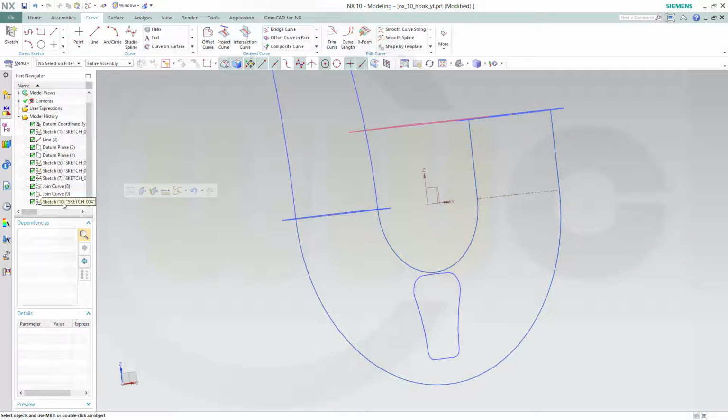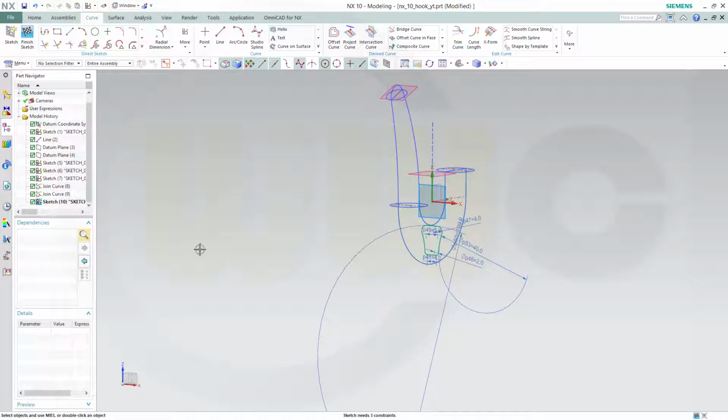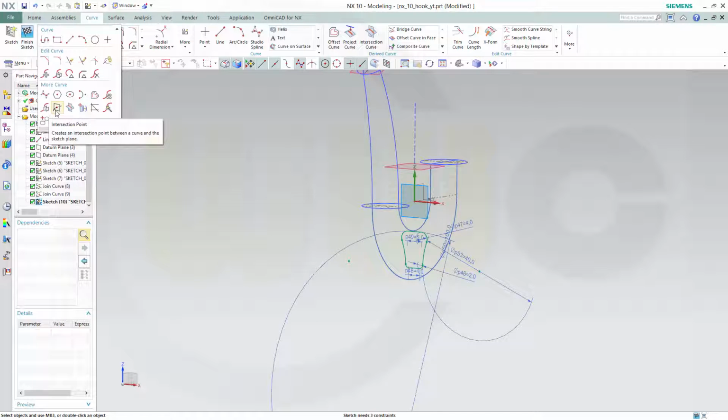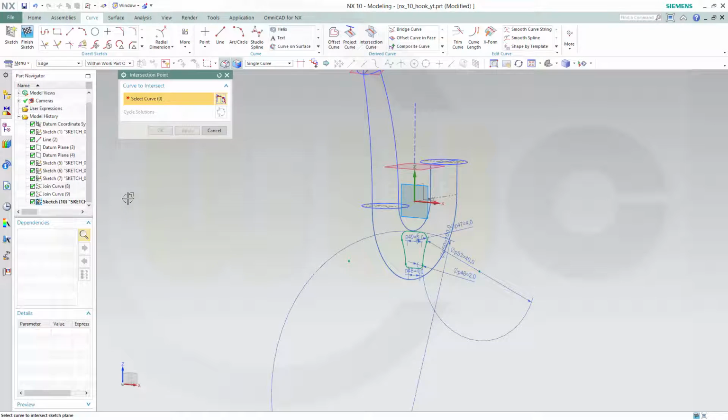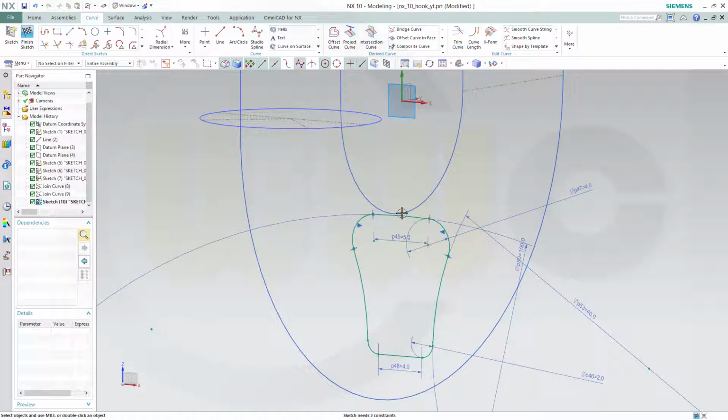Okay, now I go back into my sketch, and it should be possible to get the intersection points with these curves. So that's intersection point, and one curve should be this one. Still not possible. That's odd. No, I can select it and OK. There's my point, and this point right here, and that curve should be